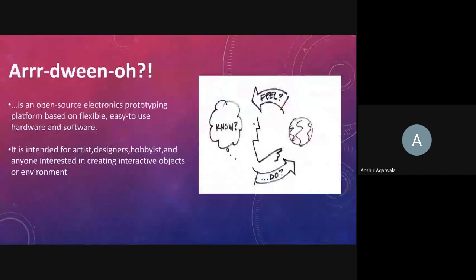Arduino sounds fun. Okay, so Arduino is an open source electronics prototyping platform based on flexible, easy to use hardware and software. Lot of jargon there. Let's start one by one. Let's take prototype first. A prototype is a development stage product. Everything is not perfect in a prototype because you want to experiment with different things and do it fast. Arduino provides a quick plug and play model wherein instead of dealing with the complex circuitry, you can abstract out the processing, the sensors, the actuators.